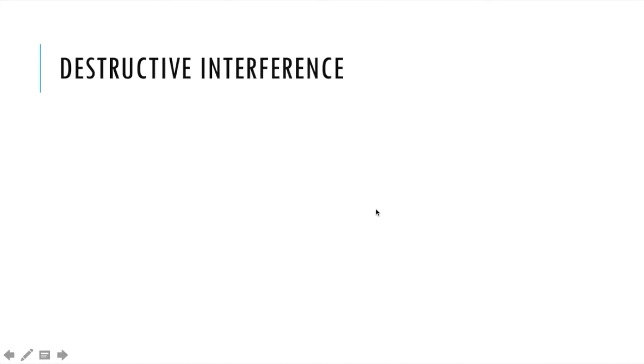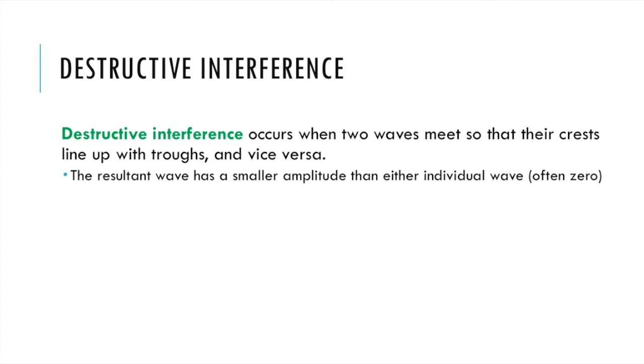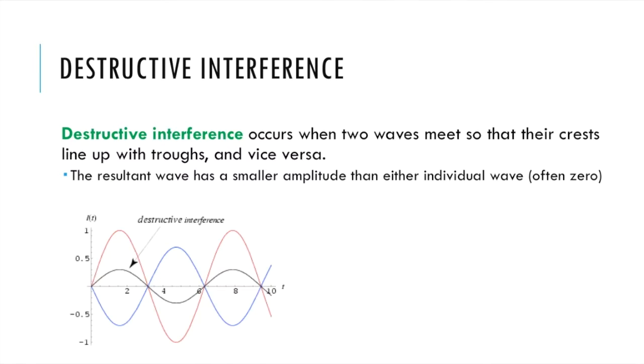The opposite case is also true. We could have something called destructive interference. And this essentially just means we have two waves that meet out of phase. Their crests line up with their troughs line up with their crests, and so you end up with a very small amplitude wave. Here's another similar example with a red and a blue wave adding together. The red wave now at this time has a displacement of 1. The blue wave has a displacement of maybe negative 0.75. And so when we add those together, we get a displacement of something like positive 0.25 for our resultant wave,